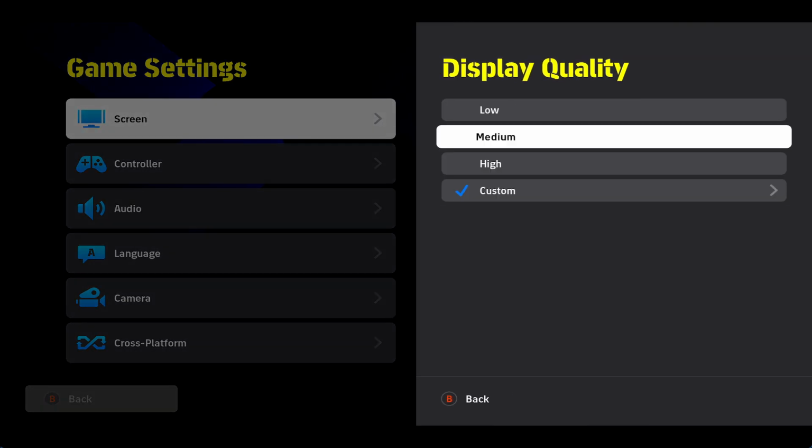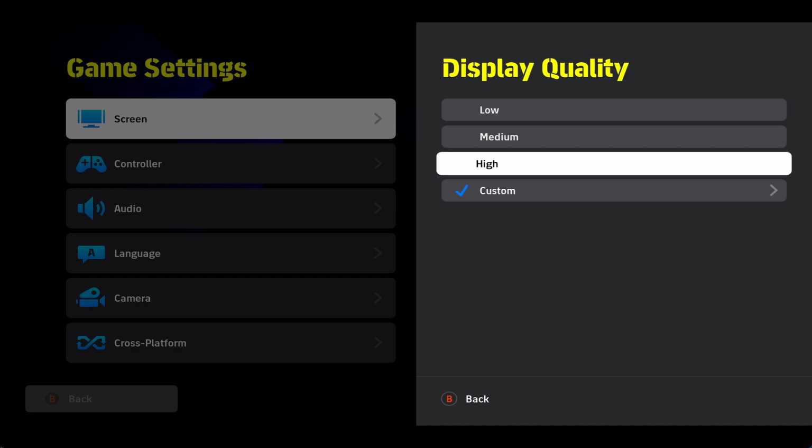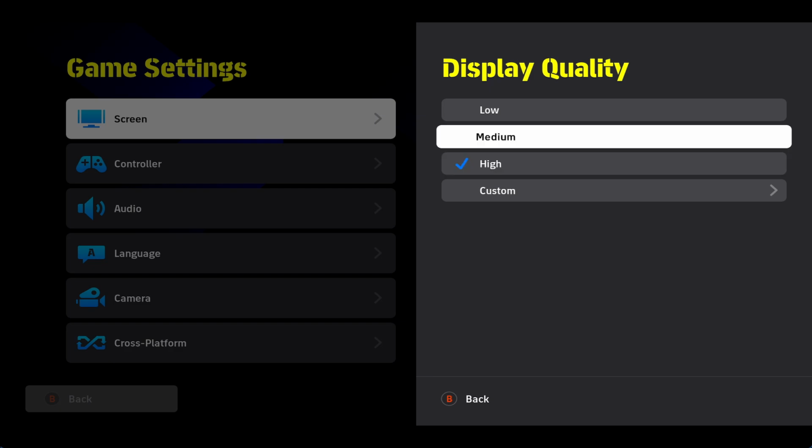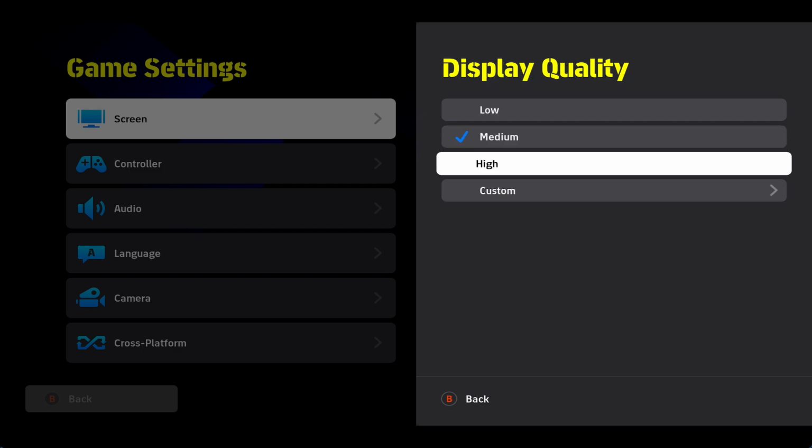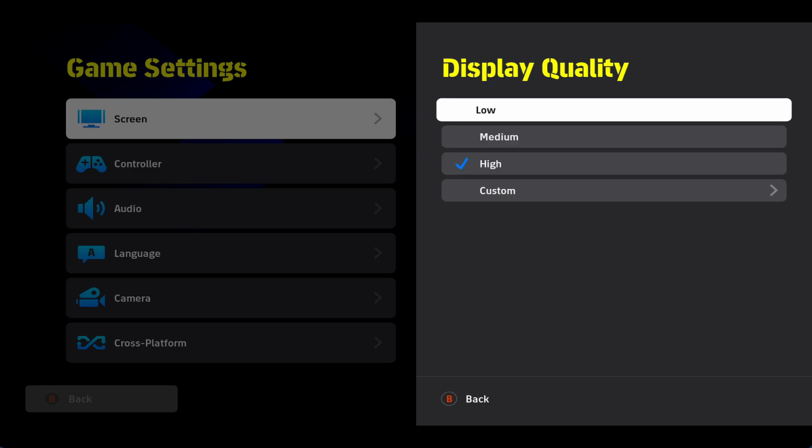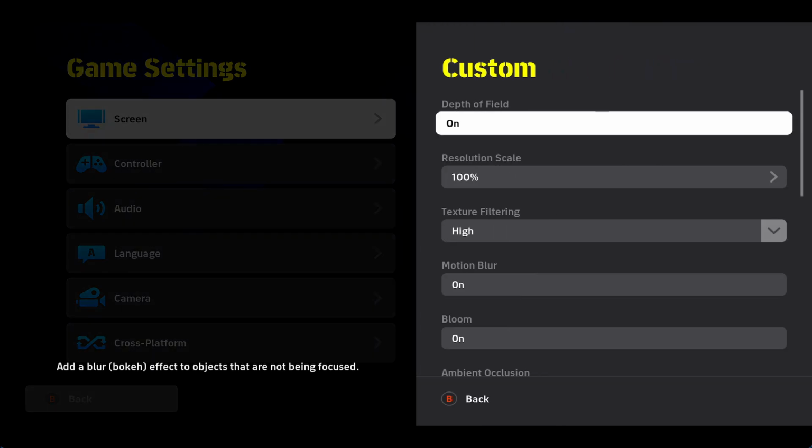You will now see various different presets that you can choose from. Try using the high preset first and see how your game performs. If you notice any lags or performance issues, then you can come back to this menu and reduce into medium. This might solve most of your issues. You can use these 3 presets for an easier configuration, or you can go into the custom menu to manually